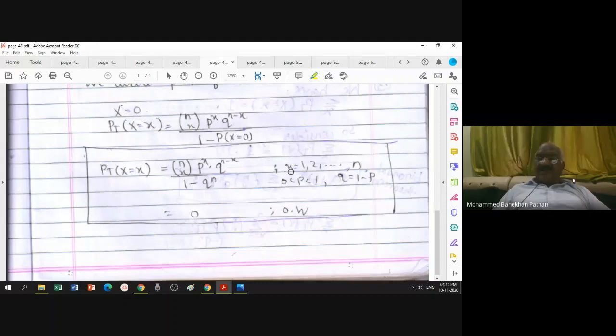Semicolon. What is the range? Now the range will not begin from 0 because it is not available. So the range will start from 1, 2, up to n. P is a probability between 0 and 1. Q is the probability of failure, 1 minus P. If your x is not taking these values, the function returns 0. That is otherwise. So this is the introduction for the truncated distribution and the definition of the truncated binomial distribution. Now on this function, I put certain remarks.